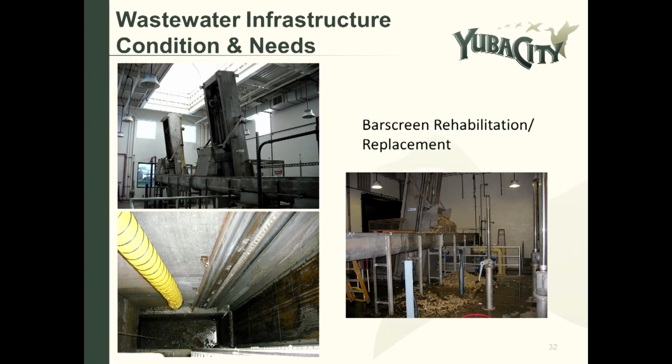The bar screen is at the headworks of the wastewater treatment facility, and it basically becomes the screen. So anything that comes through, rags, foreign debris, that type of grit, will come through this, and the bar screen will then basically filter that out. And so what this is doing is stuff gets caught in these screens, and these rakes come up and remove it from the screens.